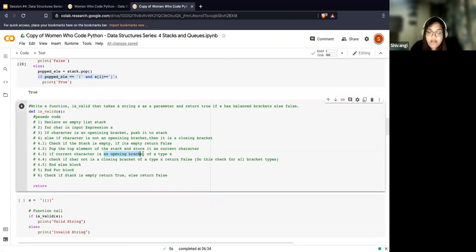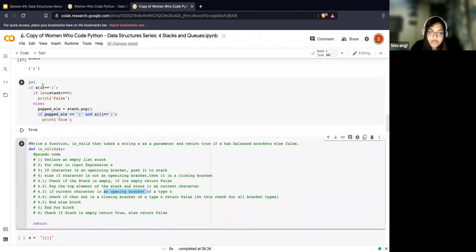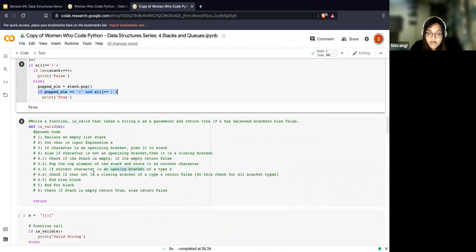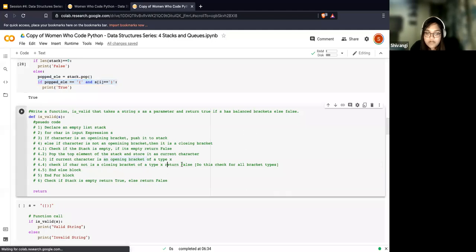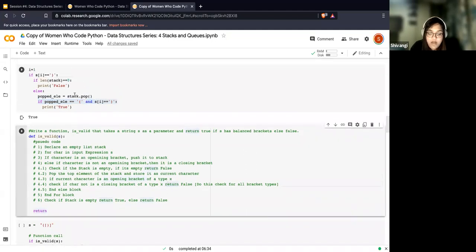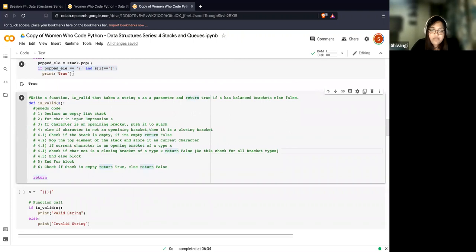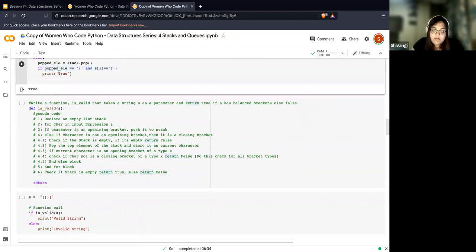You check if the current bracket is an opening bracket of type X, and if the character which you're iterating over, which is S of i, is the closing bracket of the same type. If not, you would return a false, right? This here is return.